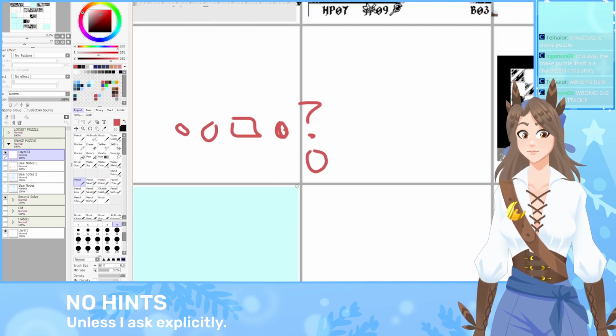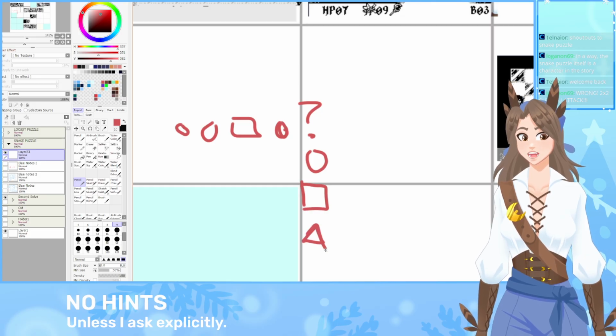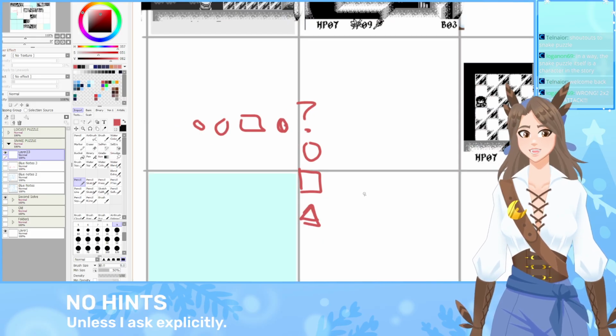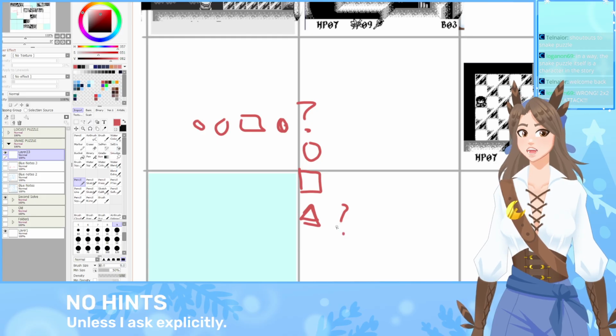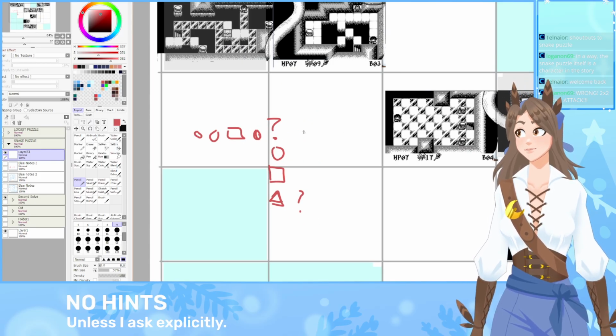At most, maybe a square, but then where does that come from? But if you throw a triangle in there without ever mentioning a triangle before, then that's just confusing, you know? And you need to see enough of the pattern to know